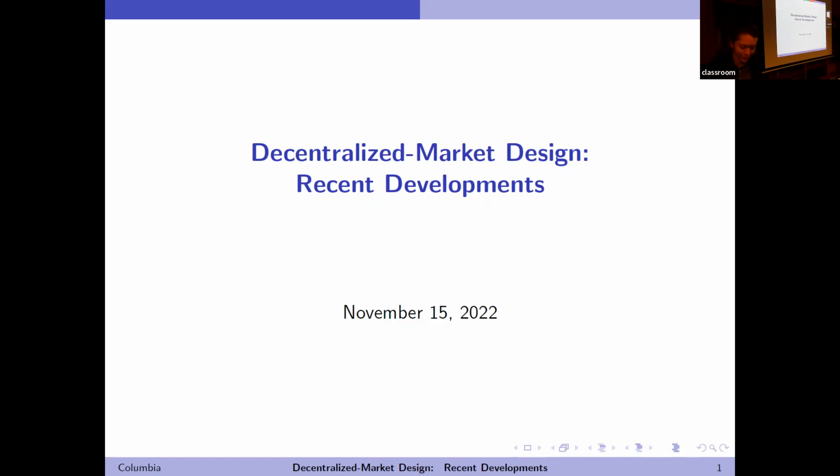I'd like to spend these two lectures on various topics and recent developments on financial market design. This is a literature in which I myself participated, but I would like to cover recent advances a bit more broadly. So I'll tend to focus on financial markets, but most of what we'll cover is relevant for other markets and actually non-market interactions as well.